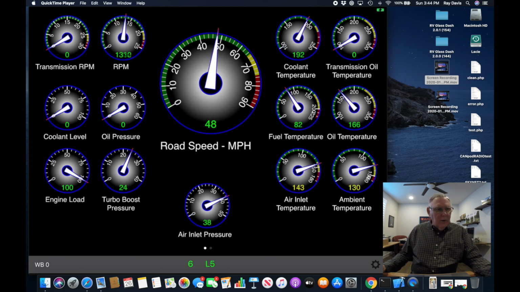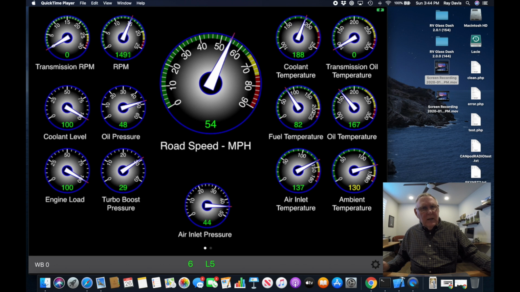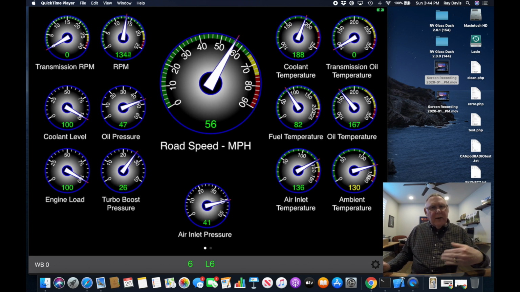But once it gets going, notice again that the transmission gauges upper left and right are not functioning. This is the same problem we saw earlier. So what we're going to do now is change that without having to redo all these edits. Imagine if you had changed 2 or 3 or 5 of those gauges and changed the color and the warning values and all that. It would be a real pain to have to re-edit all of those